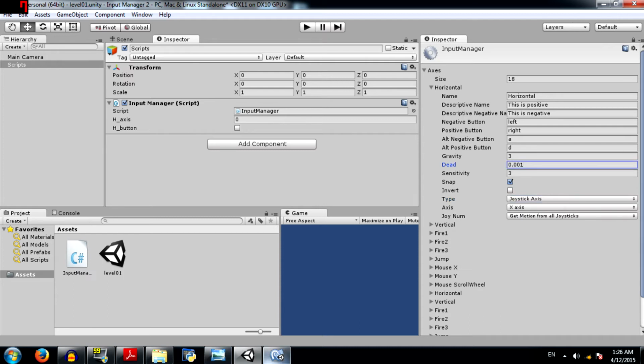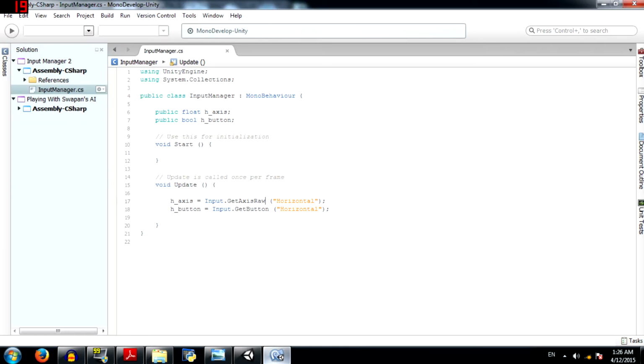Before you play the game, you need to change a few properties. Set gravity to 1, set sensitivity to 1, set dead zone to 0.3. Go back to MonoDevelop and change GetAxisRaw to just GetAxis. Now hit save, go back to Unity